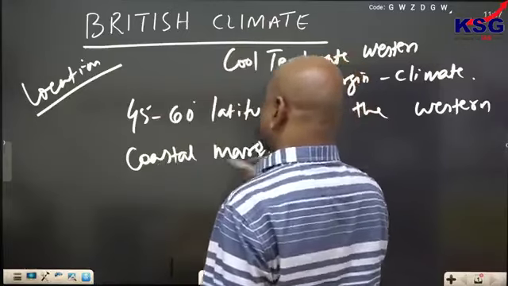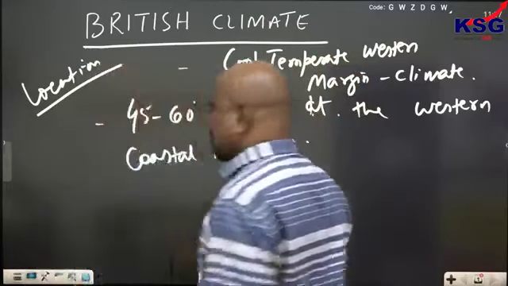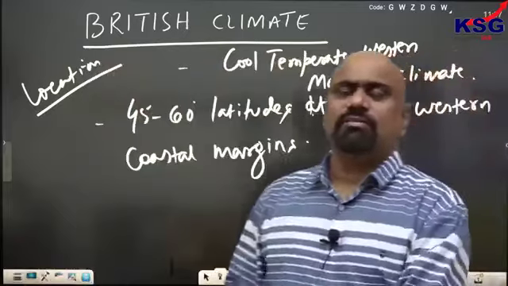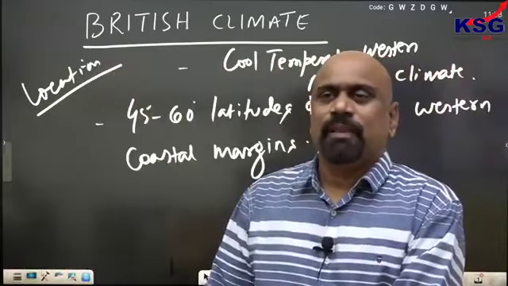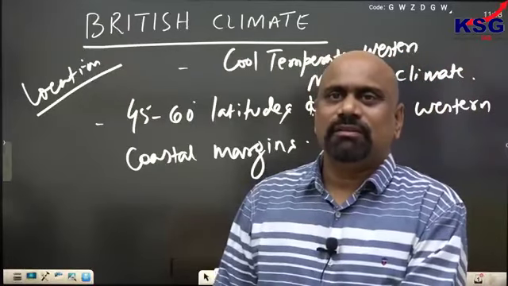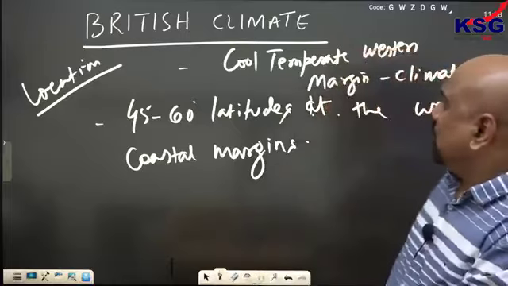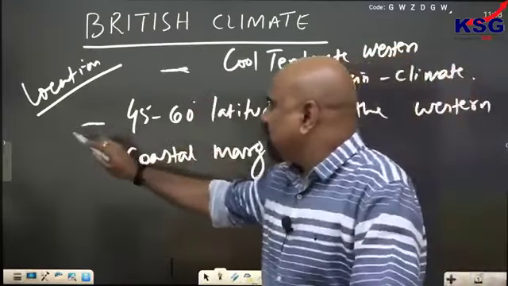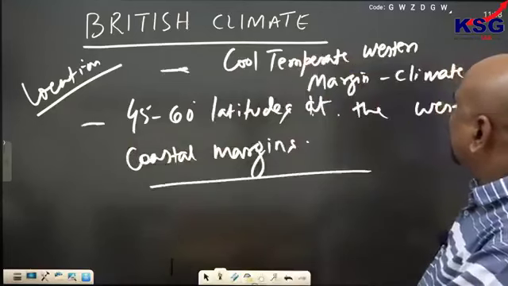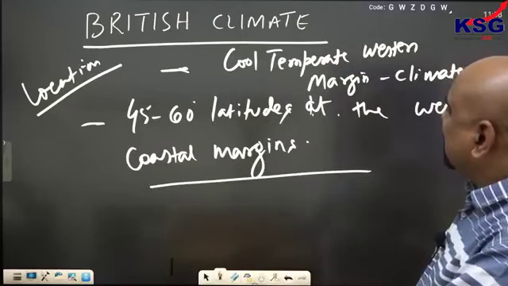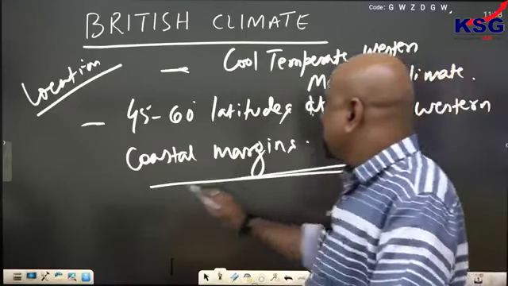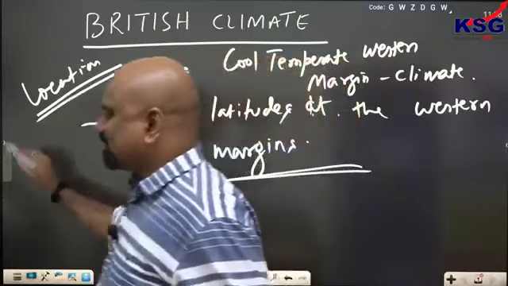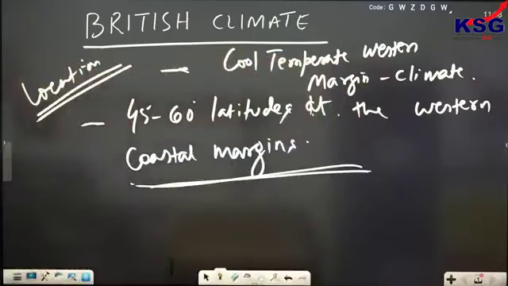Cool temperate western margin climate, 45 to 60 degree latitude, you will find this at the western coastal margin. Okay. And it is best developed